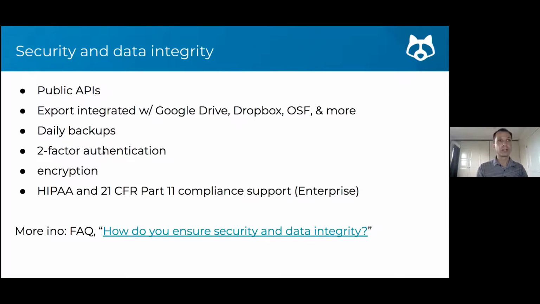Workspaces for extra security can turn on two-factor authentication if that's relevant. Obviously, everything is on Amazon, everything is encrypted. We have strict policies at protocols.io so that even we cannot access your private protocols until you decide to share them or make them public. And over the past year, we've added support for HIPAA compliance and electronic signatures and audit trail, 21 CFR Part 11, as part of the enterprise version of protocols.io.